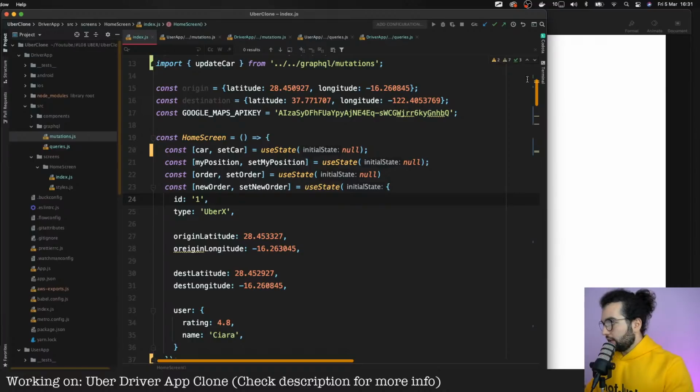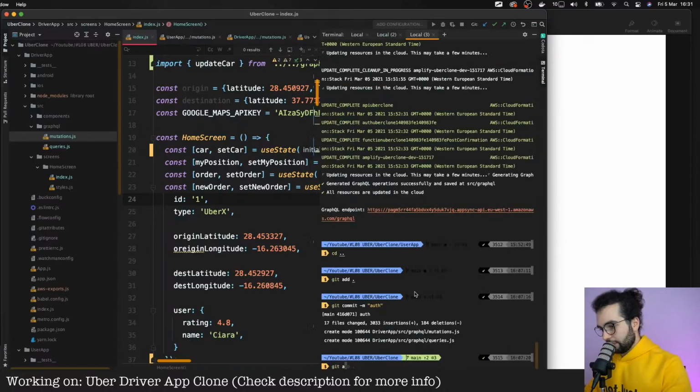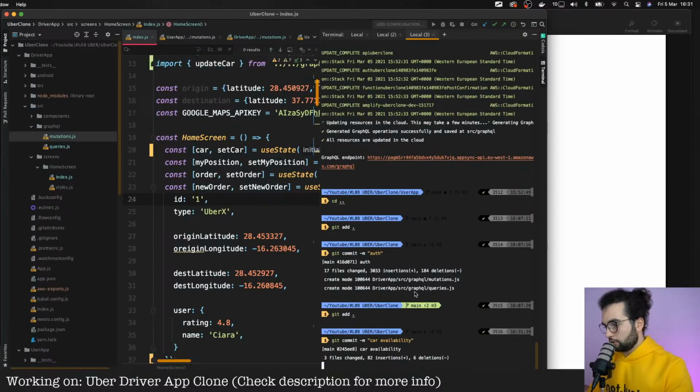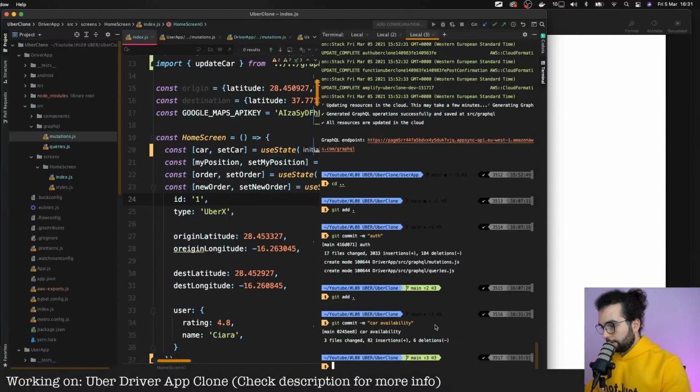Okay, let's commit everything. Git add and git commit. Car availability. What a hard word to write.